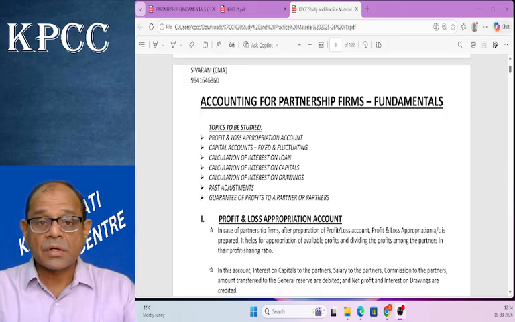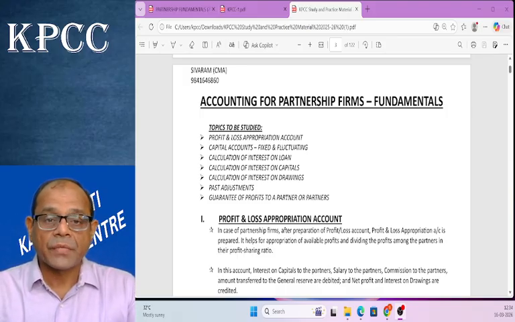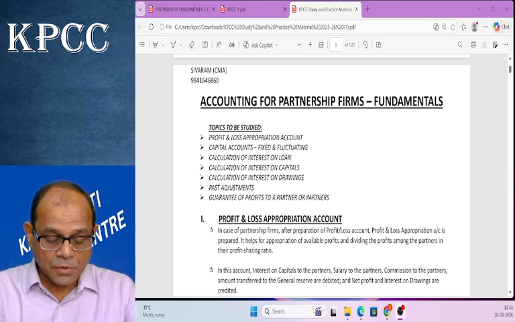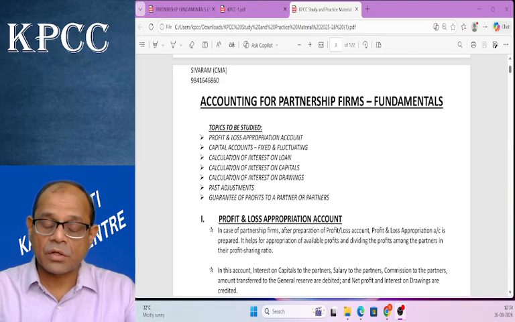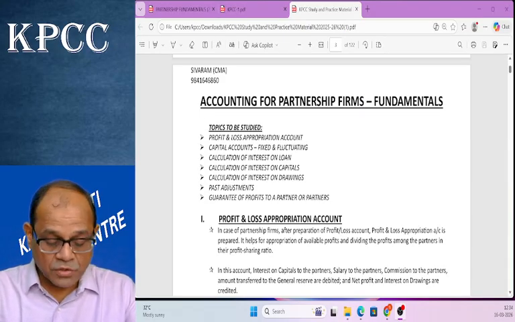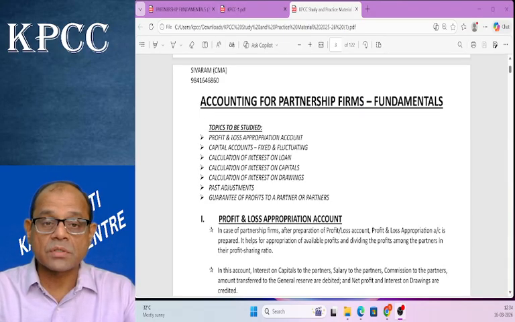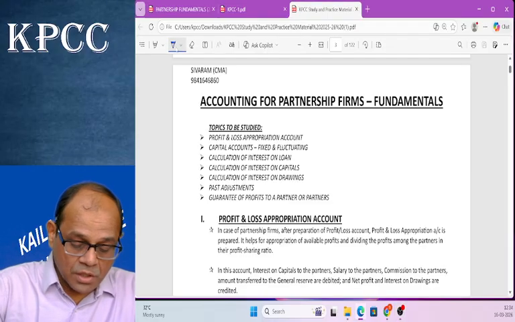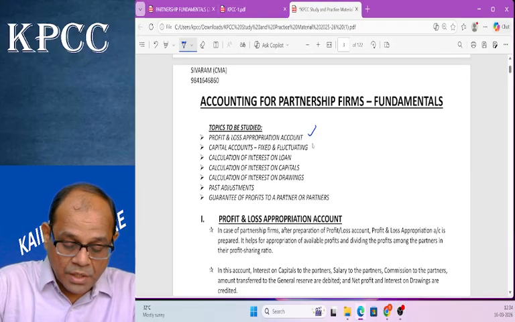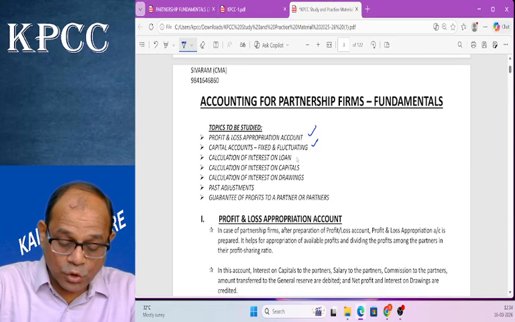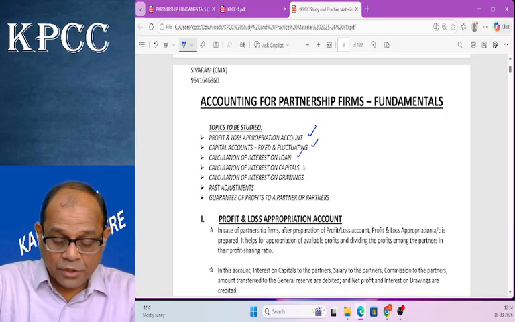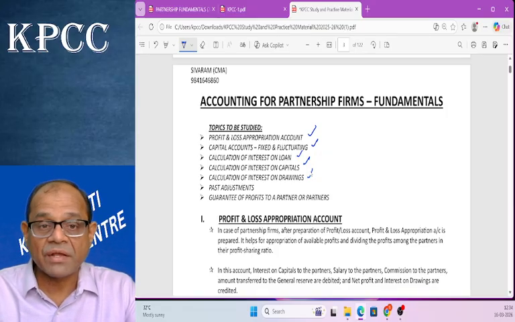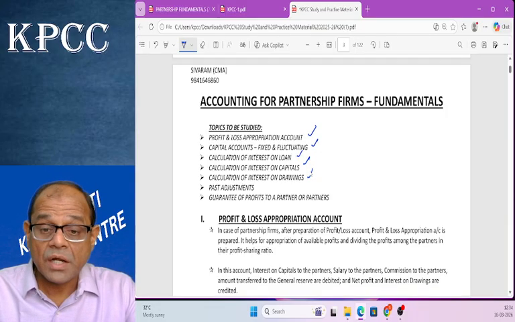Now, in part 1, we have discussed the basics or concepts of profit and loss appropriation account, capital accounts. You can see it on the screen. We have discussed profit and loss appropriation account, capital accounts, interest on loan, interest on capitals, interest on drawings. All theoretical aspects I have explained. In fact, we had a detailed